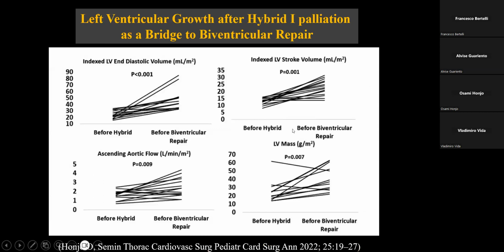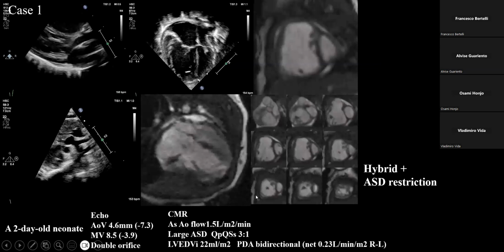So if you look at this, our cohort of patients who have a hybrid stage 1 as a bridge to biventricular repair, the vast majority of patients have LV growth that's shown by the LVEDVI, and then the LV stroke volume, and so on. I'll just give you a couple of